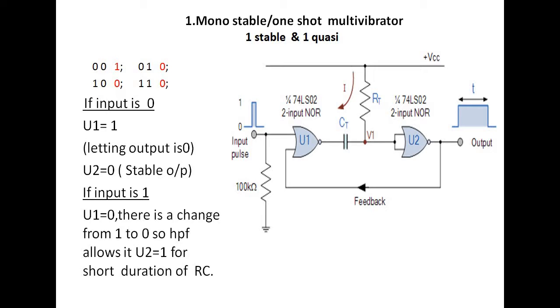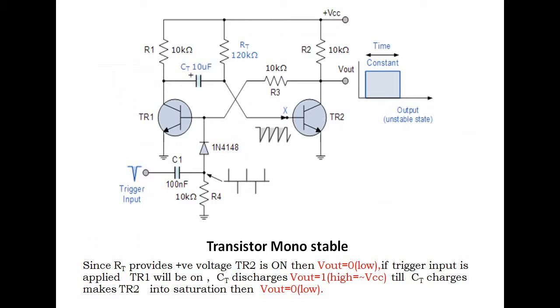How much time the output of U1 is going to be 1 depends upon these R and C values. RC is nothing but the time constant. In this way, we can analyze a monostable multivibrator using NOR gates. The same analogy will be applicable for the transistorized monostable multivibrator. Right? If you look at the transistorized monostable multivibrator, here we have used two transistors in